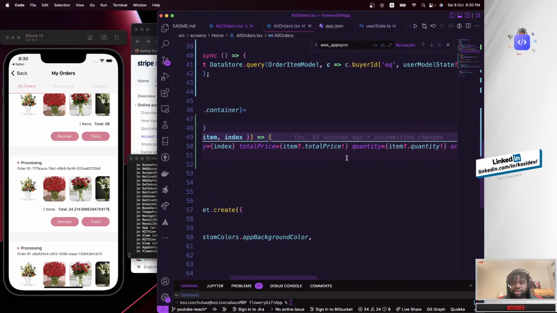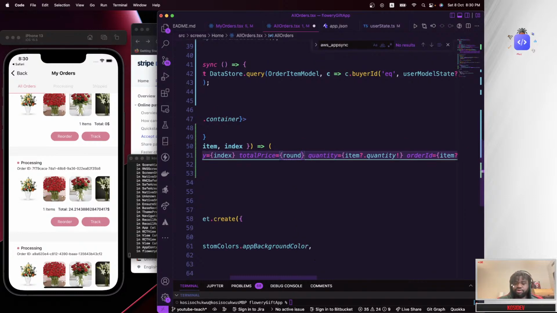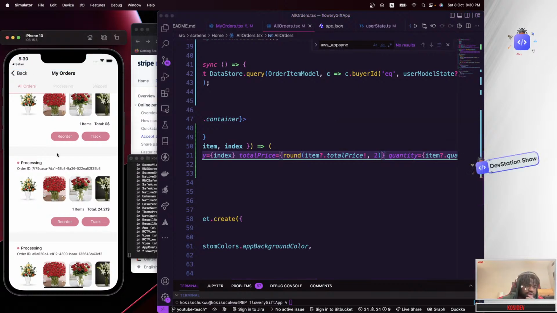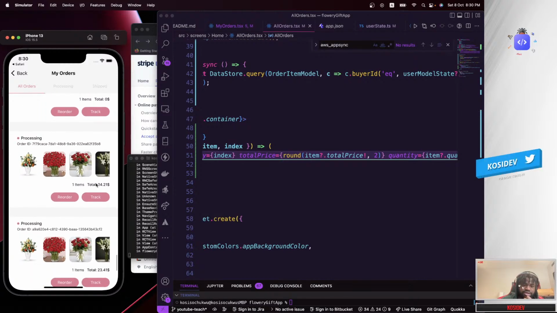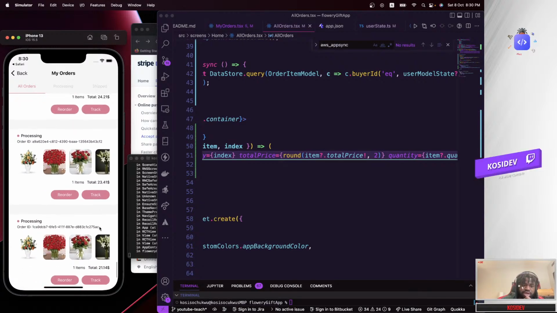But the issue right now is the total price is giving us a bigger decimal places, so we need to cap that off or round it off, and I'm going to round it to 2 decimal places. If you save that, then you can see that being affected. Now we have 24.21, 23.2, 24.1, and you could see the last one having 21.14. So that's it. You can see that's working, and each of them now has a total pay on them. So I think that was the part.